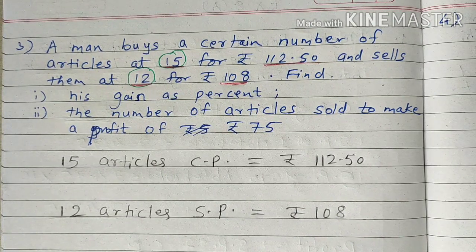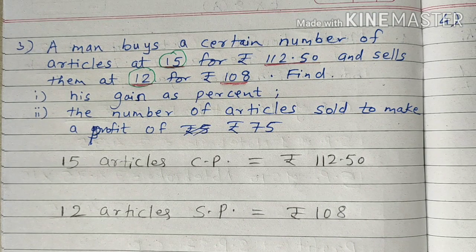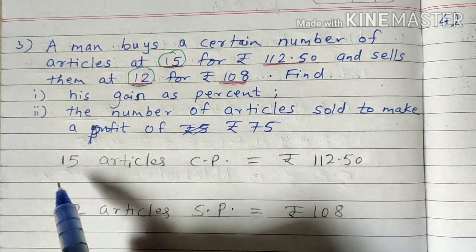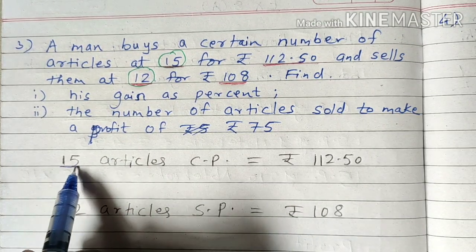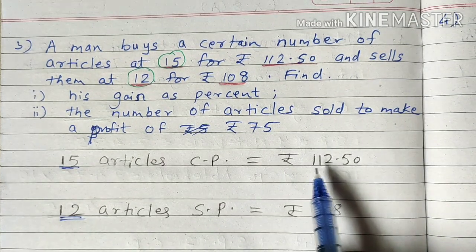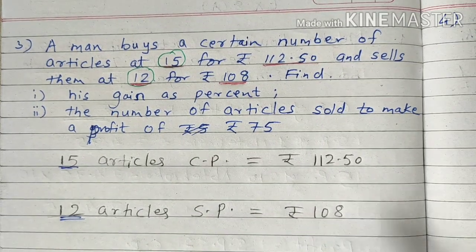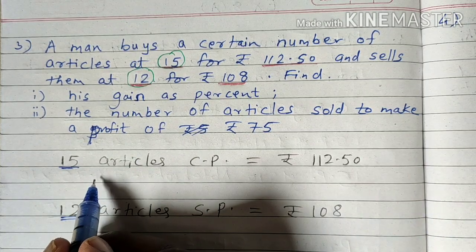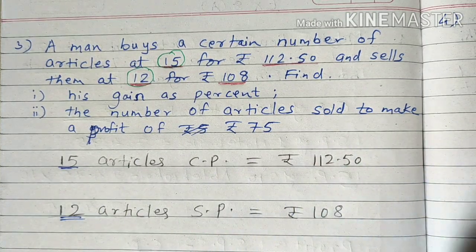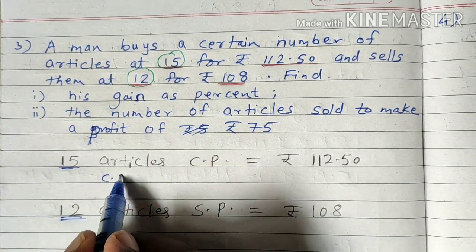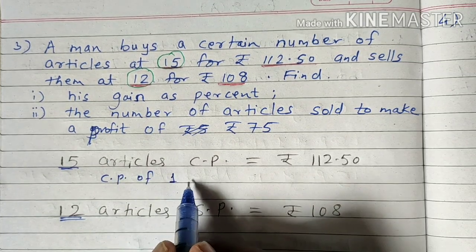Okay, so to find out the percent gain or percent loss, we need the same number of articles sold or same number of articles purchased, but here are the different in their numbers, 15 and 12. So we can solve it by taking the LCM of 15 and 12, or one of the simple method is just find out the cost price of one article and selling price of one article, so that we can calculate the profit percent for one article, which will be same as the profit percent for all the articles. Is that clear?